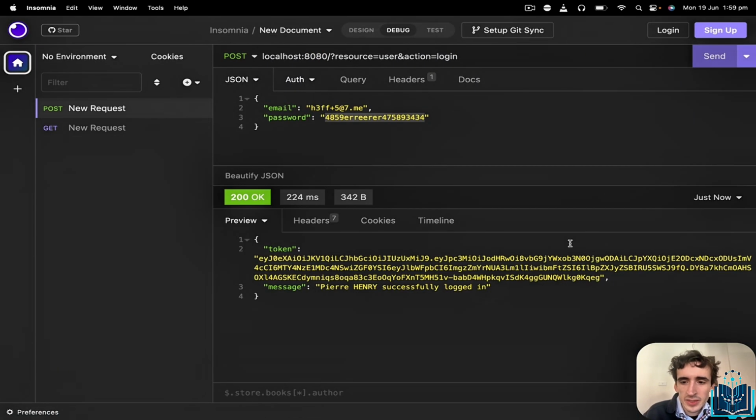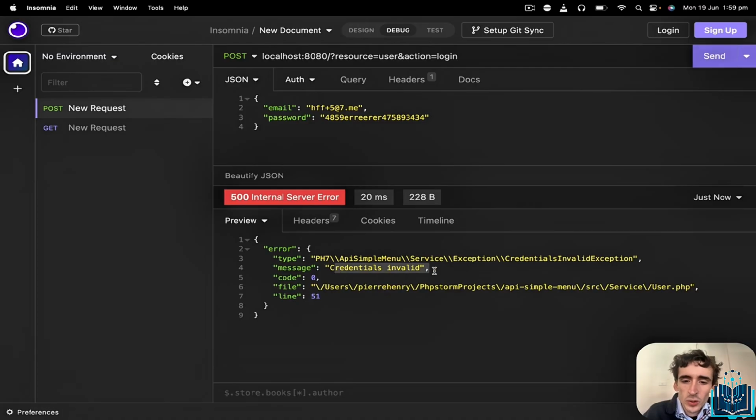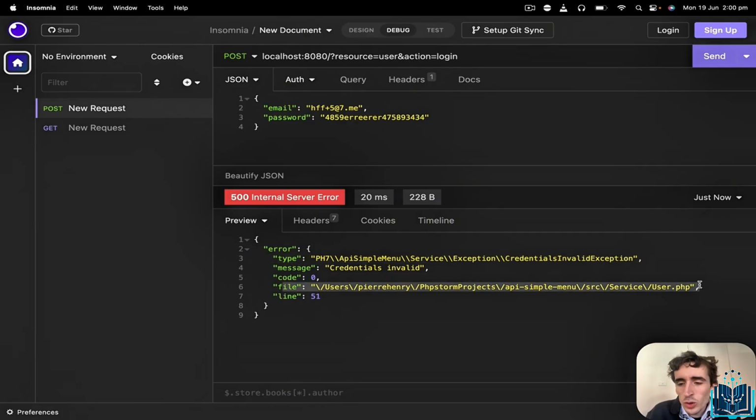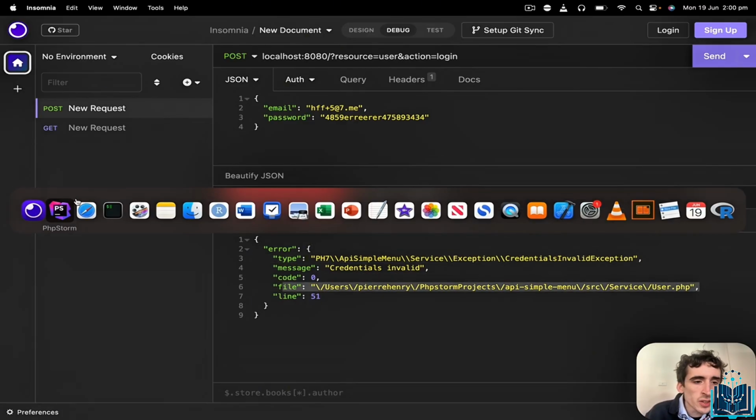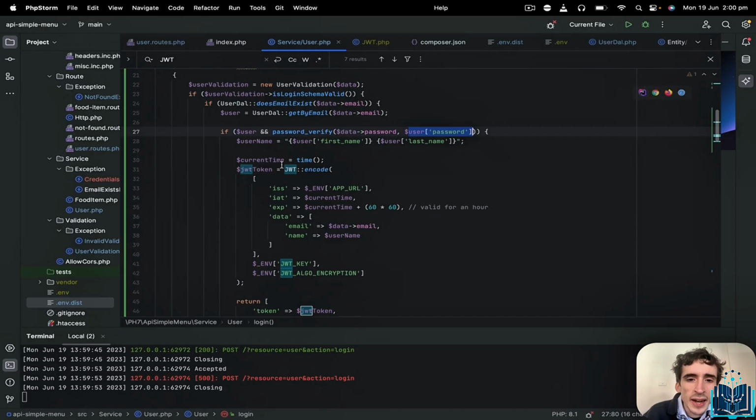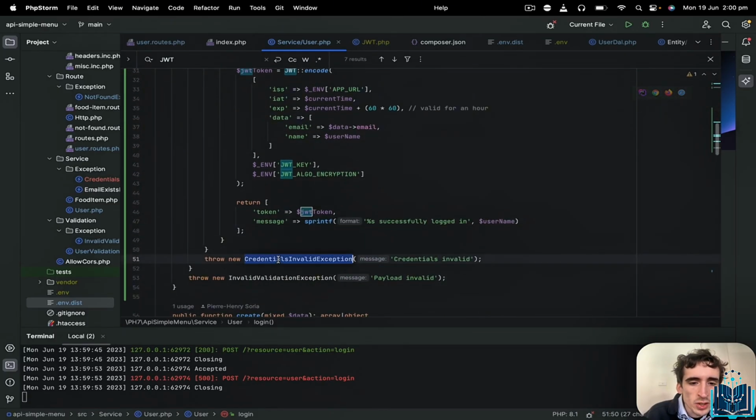And now you see, bigger, isn't it? And if I change my email to something different, it says credentials invalid, which is nice. However, we don't want to expose this and the file name to the end user from the response of the API. So let's hide this, and to hide that, we will just catch the credentials invalid exception in our